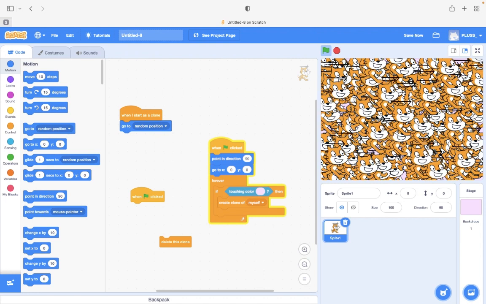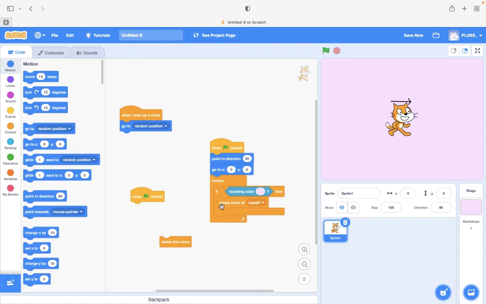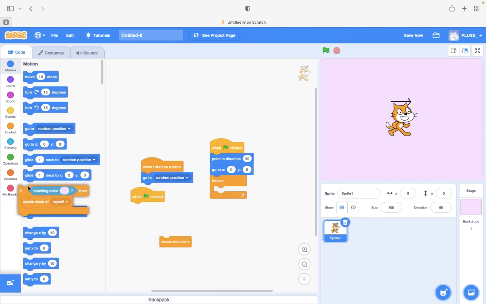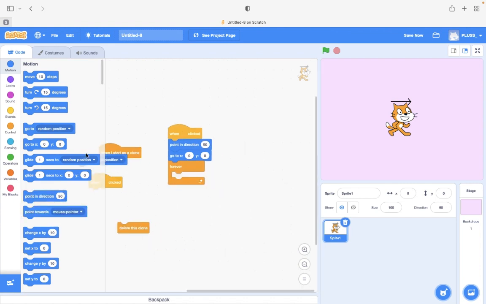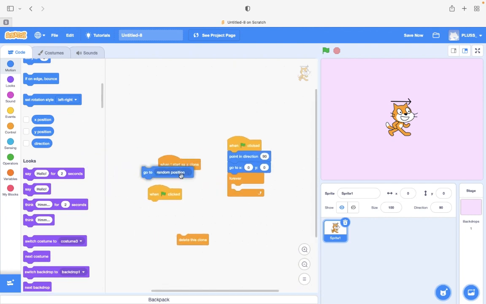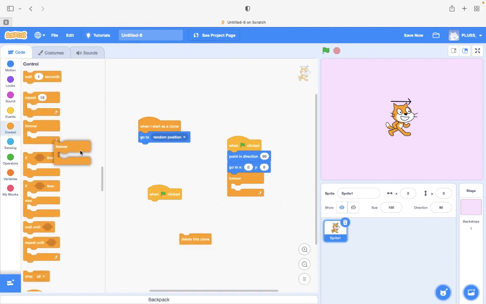It's still repeating. It's just that my mouse pointer still has to touch the little pink stuff, like that. Now, this is what the clone block does, and this is what this touching color block is. It's just like if mouse pointer, but instead of that, it'll do colors. And when I start, the clone goes to a random position, but forever if this clone,